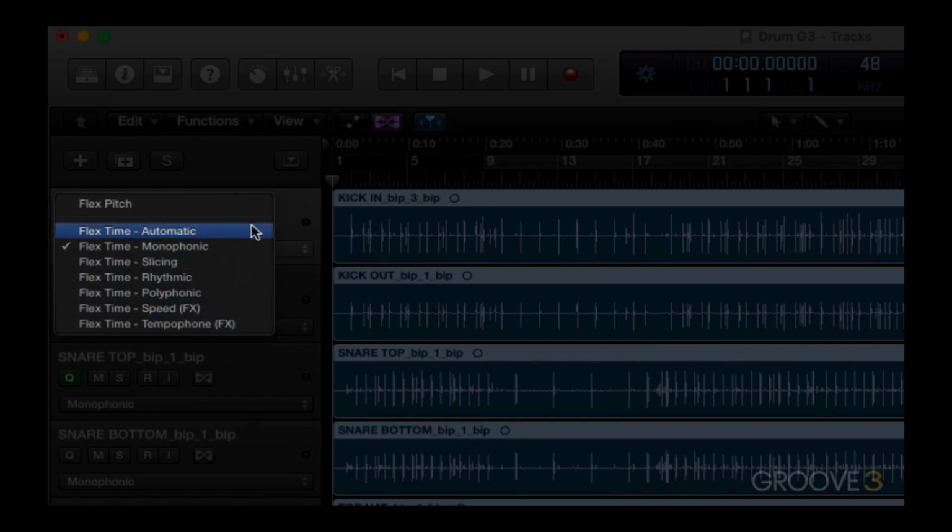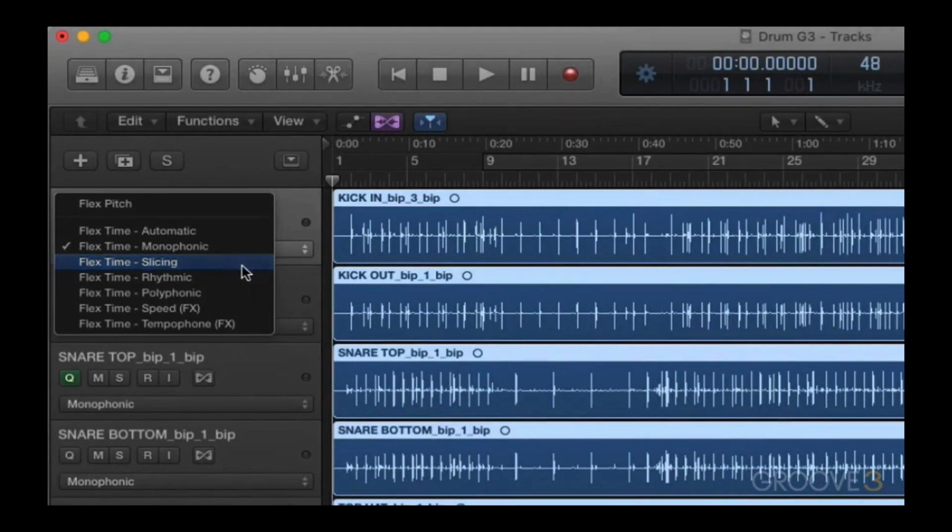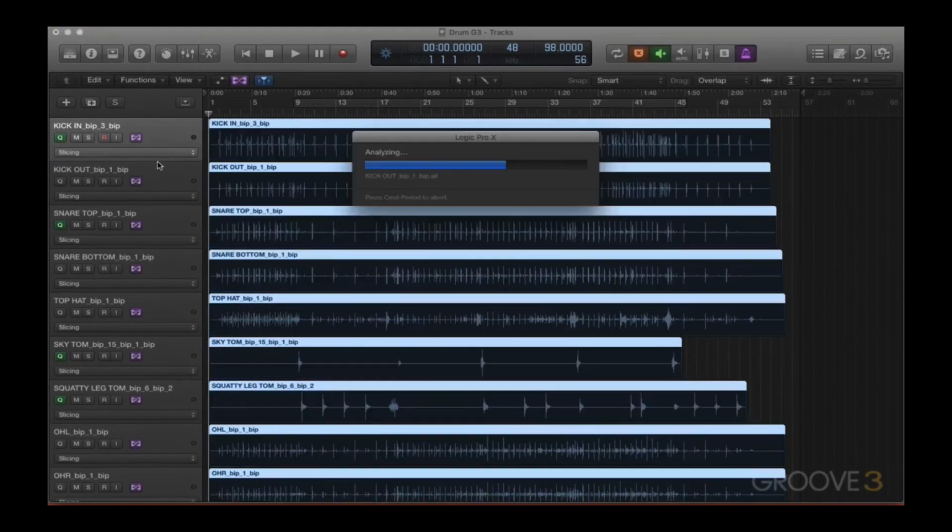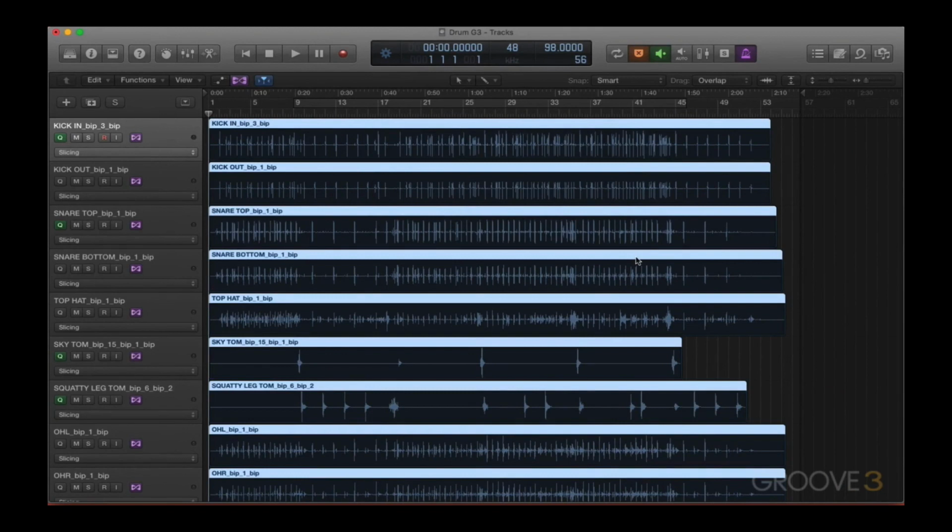Each one of these has its purpose. For example, monophonic would be great for a bass guitar part. Rhythmic would be great for an acoustic guitar part. However, for multi-track drums, I want to select slicing mode. Let's click that and then it'll start analyzing each track. Alright, now that we're in flex view and the files have been analyzed, the next thing we should do is